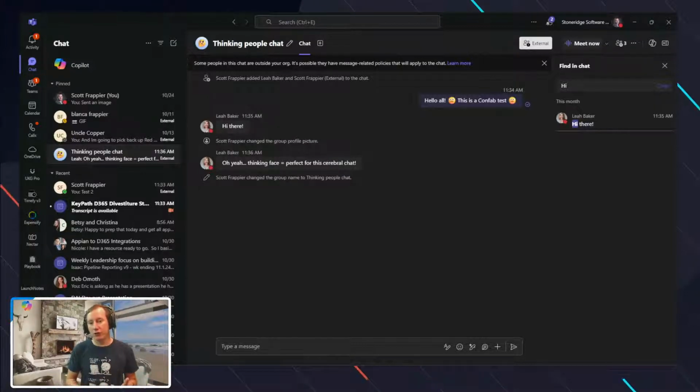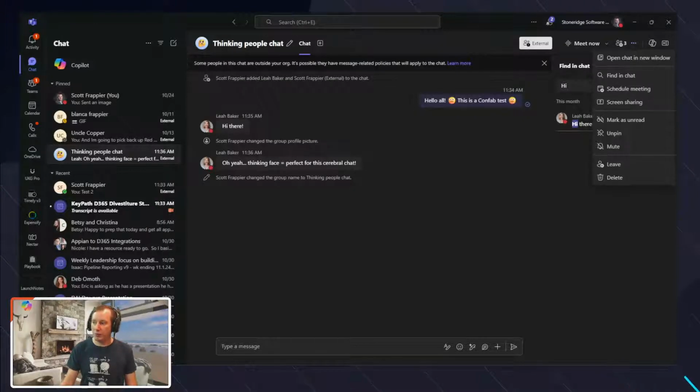This is a really nice feature because there are many times, as you can imagine, where you'd go into Outlook and schedule the team for 15 minutes at a time. Whereas if you've got everyone in chat right now, just click on the meet now and you can get everyone on that chat right away to start having some conversation. So a really nice feature to be able to move things forward.